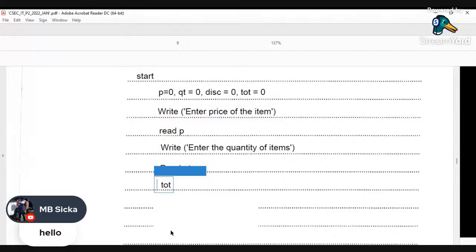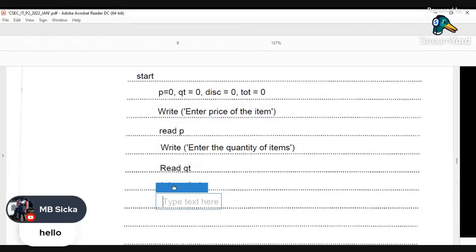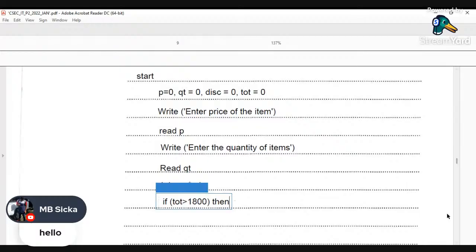The TOT equal, how do we calculate the total? It is the price times the quantity. So we're going to have P times QT, right? Now we're going to check to see if the total is greater than 1800. So we're going to have if, bracket, what is our variable that we're checking? We're checking total. We're checking to see if it is greater than 1800. So greater than sign, 1800, close bracket, have our word then. So if it is greater than 1800 now,